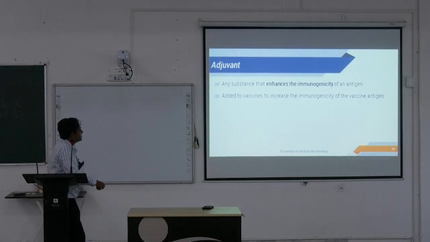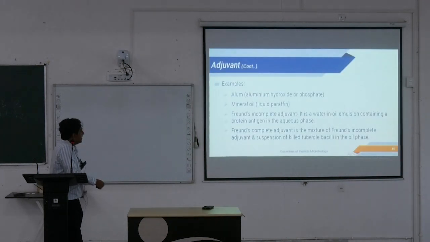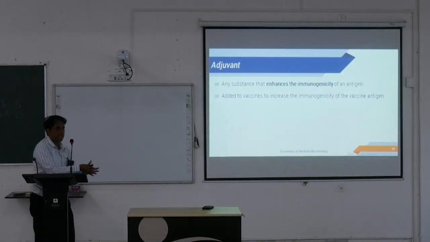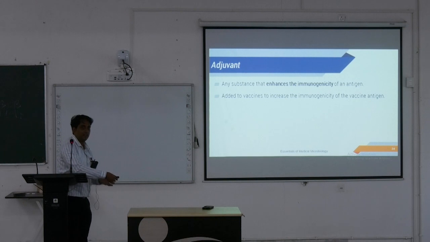Adjuvant কি? Any substance that enhances the immunogenicity of an antigen. These are added to vaccines to increase the immunogenicity of the vaccine antigen. Example কি কি? Adjuvant just একটা ক্যারিয়ারের মতো, ওটার সাথে এসে তার মলিকুলার ওয়েটটা বাড়িয়ে দিচ্ছে।